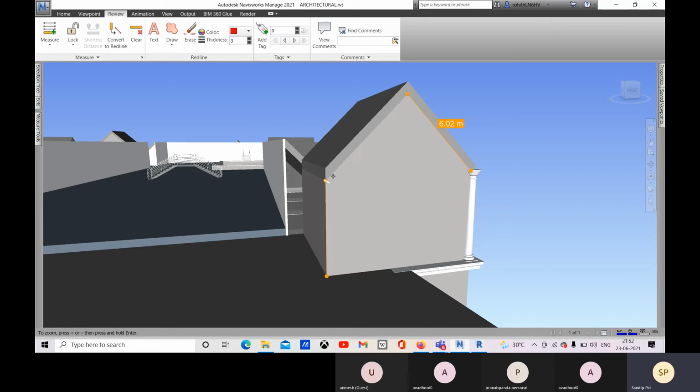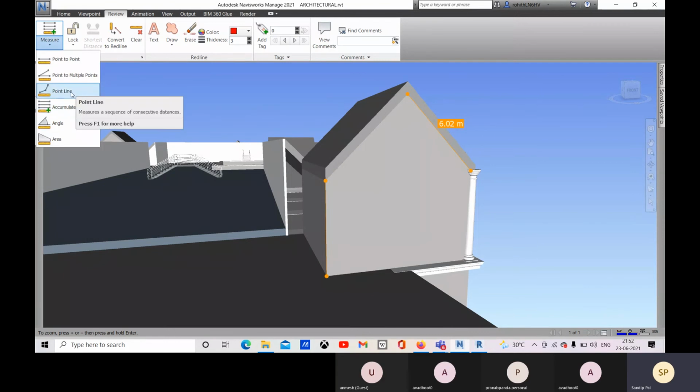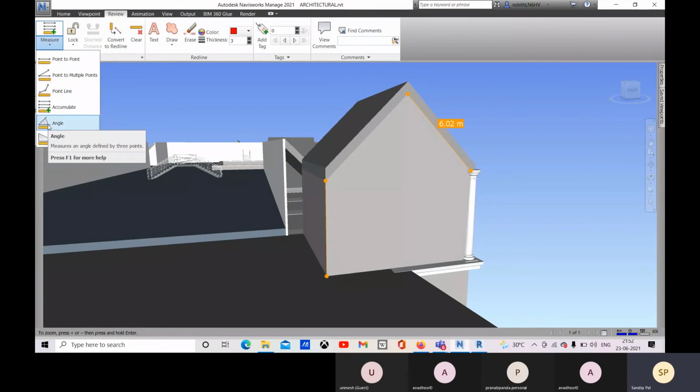So it's showing you the total value for these two lines. Unlike the point line option, you don't have to be connected. The accumulate option will measure the total line of multiple distances. Okay, and you can do the angle option and all.